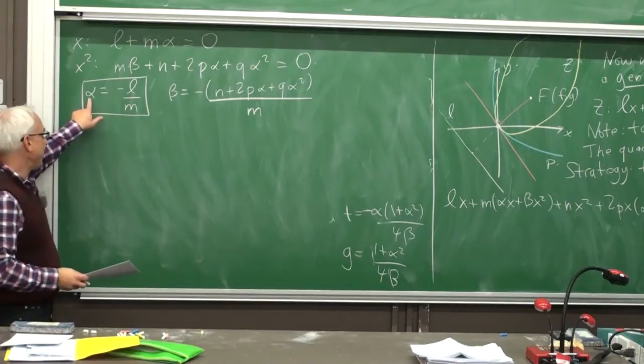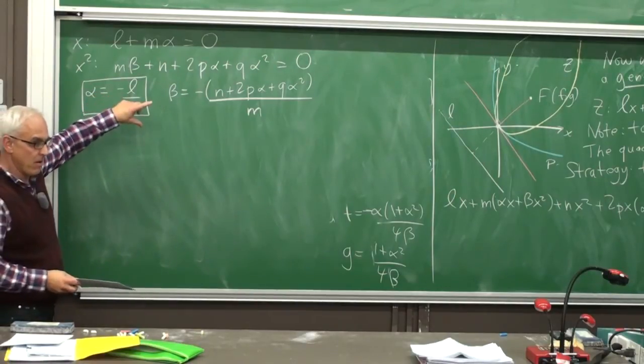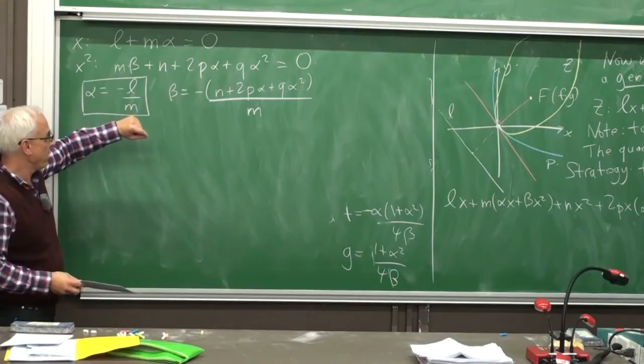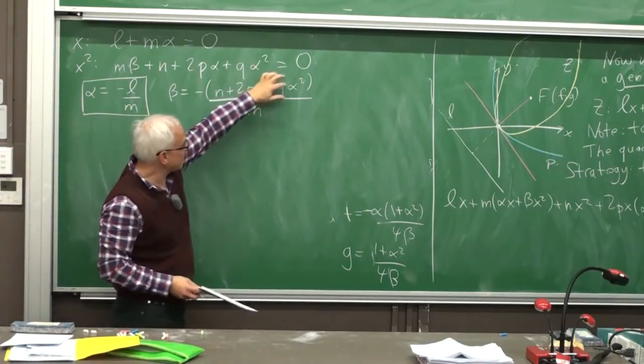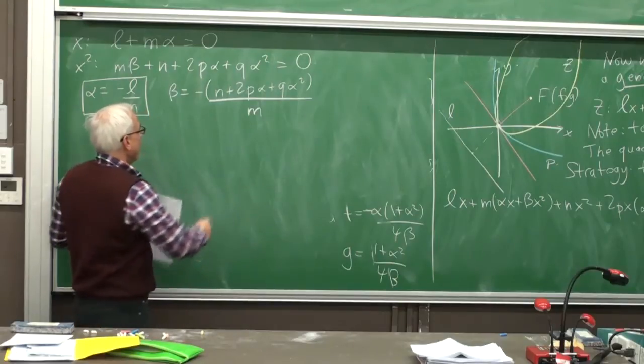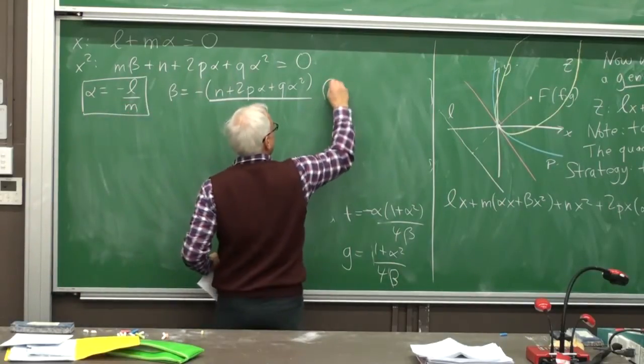But then we can replace the alpha with a minus L over m. So there'll be a minus L over m here and a minus L over m squared. So that will give us then that beta equals,